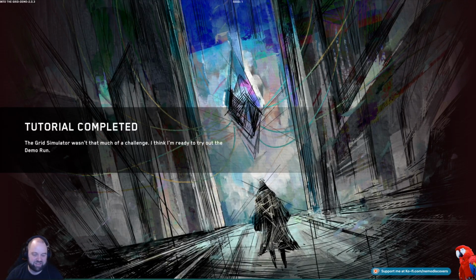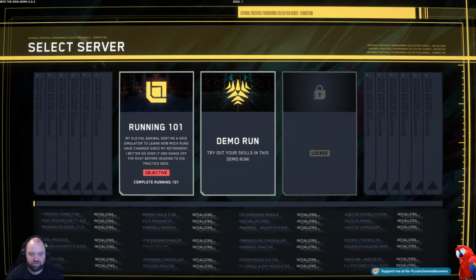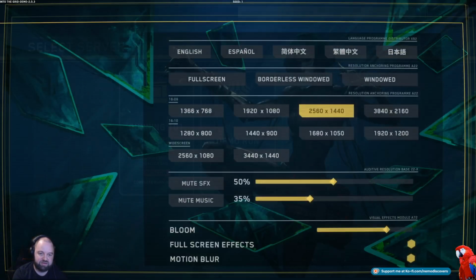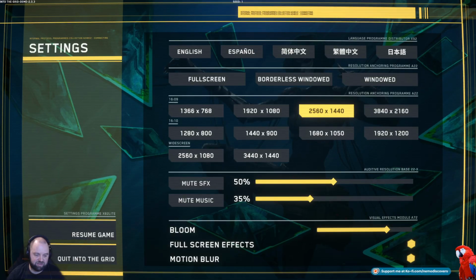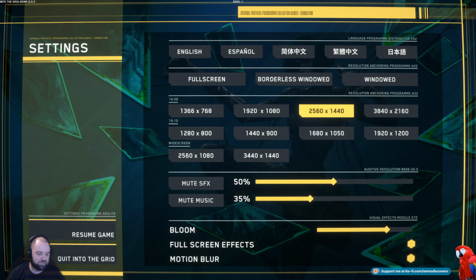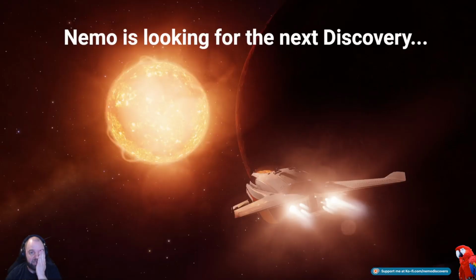Okay. So I did the tutorial. Next up I would have the chance to do the demo run. But I think I saw enough. So, you know, presentation is good. But it's, whoops, what was that? My mouse vanished here. Anyway, it's a deck